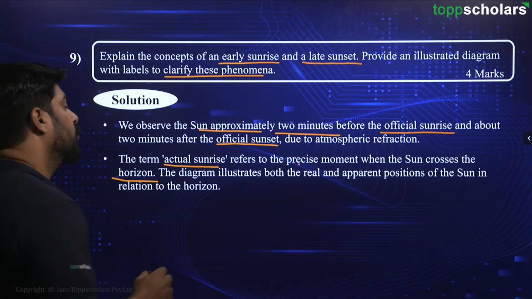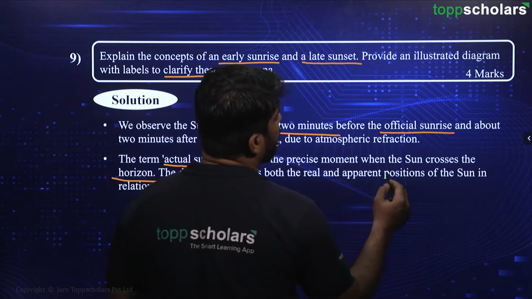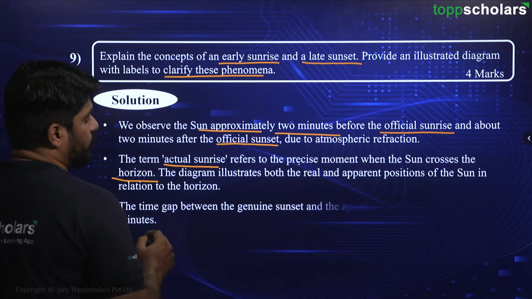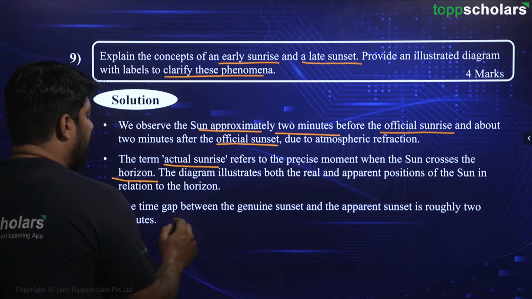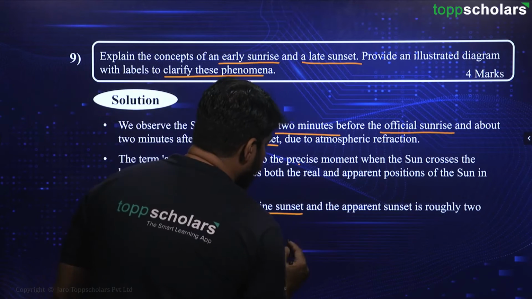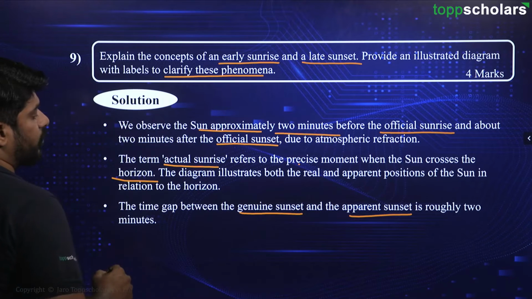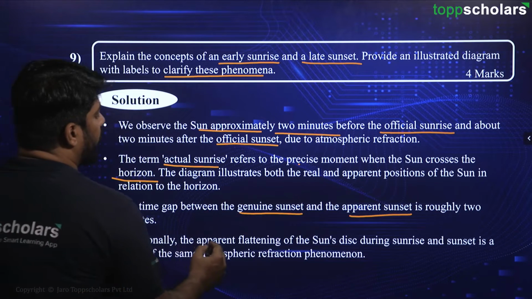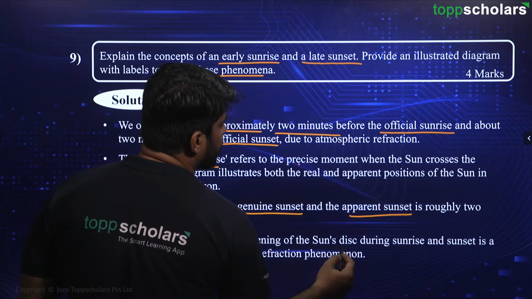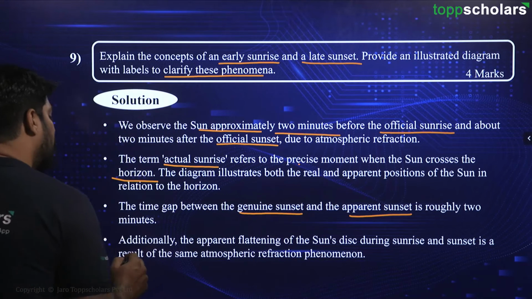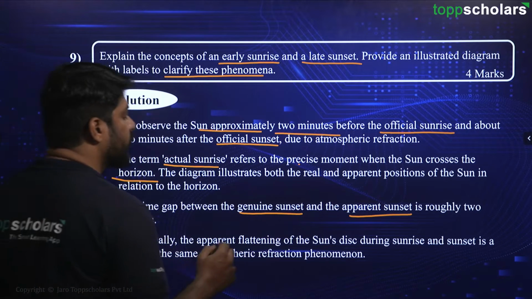The diagram illustrates both the real and apparent positions of the sun in relation to the horizon. The time gap between the genuine sunset and the apparent sunset is roughly 2 minutes. Additionally, the apparent flattening of the sun's disk during sunrise and sunset is a result of the same atmospheric